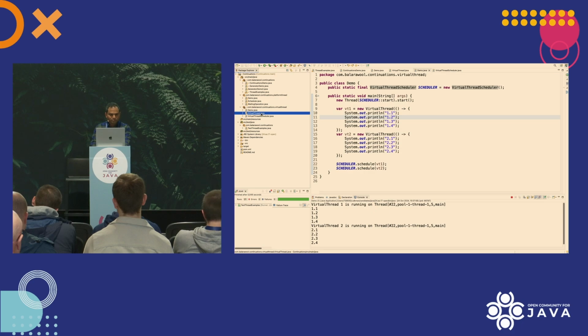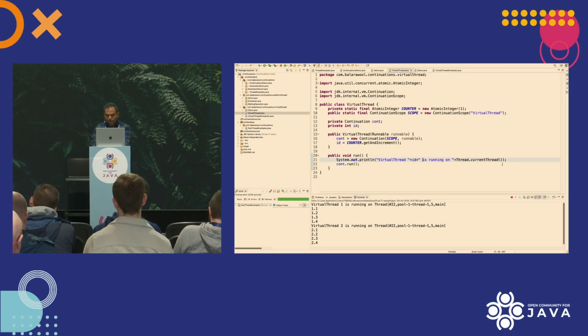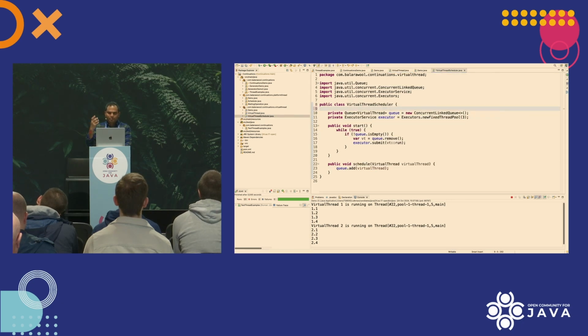And that feature is going to be like thread.currentThread. What this does is it gives us a handle to the currently executing platform thread. Now I want the same thing, but for a virtual thread. So I want to have access to the currently executing virtual thread. There are actually better ways of implementing this, but I'm just going to use a static field here, public static virtual thread called current virtual thread.